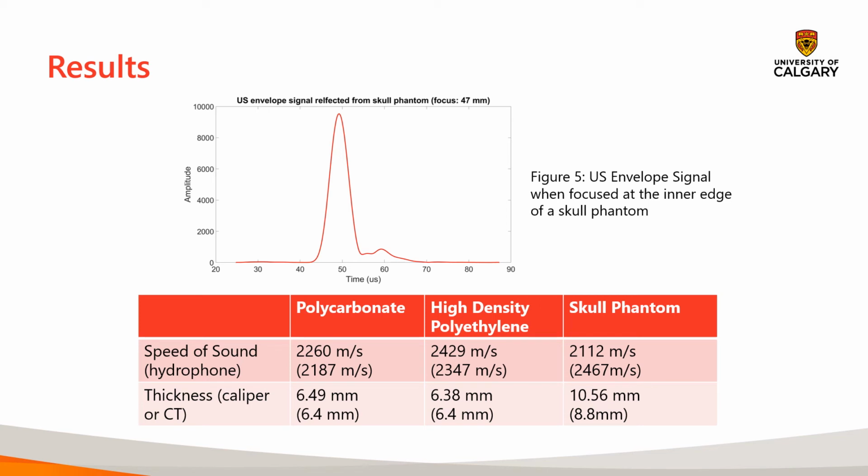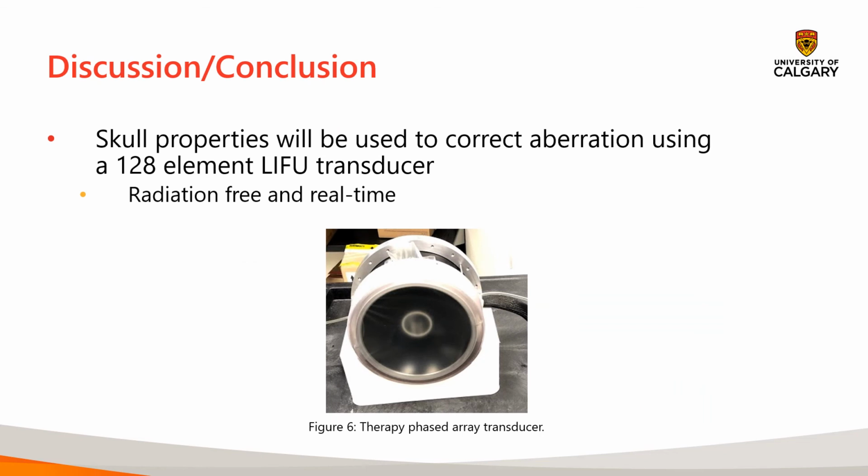The table at the bottom of the slide shows the estimated speed of sound and thickness with their corresponding caliper or CT and hydrophone measurements. The error in the estimation for the plastic phantoms was calculated to be about 1.4% for thickness and 3.5% for the speed of sound, while the error for the skull phantom was calculated to be 20% for thickness and 15% for the speed of sound. Next, we'll use the estimated acoustic properties to refocus the ultrasound using a 128 element low